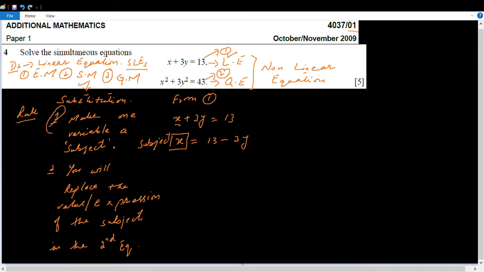So now the second rule says that if we have made the variable subject, we will replace in the other equation, the second equation, the value of the variable which we have made a subject. Its value is basically 13 minus 3y. This is the value of x. So we are going to replace this here in equation number 2. So let's do it. From 2 we will be having